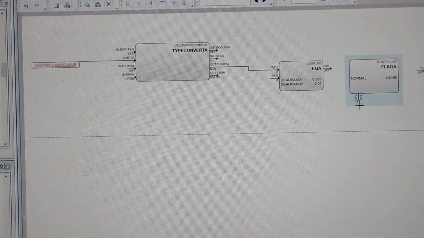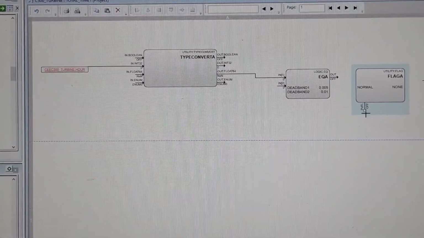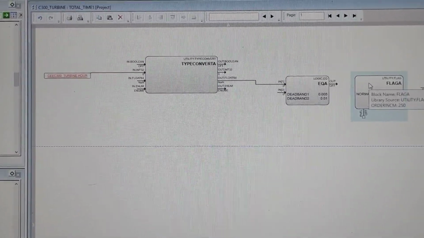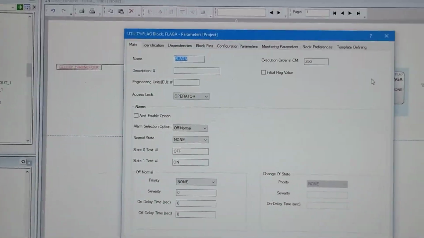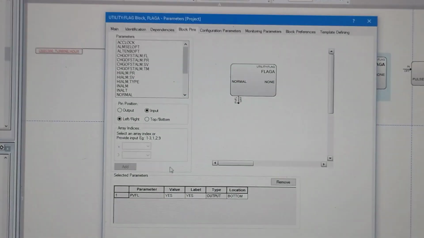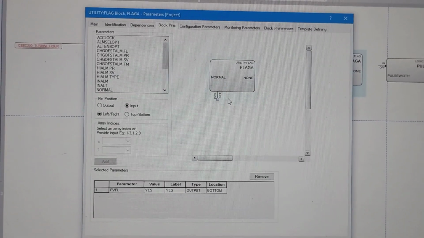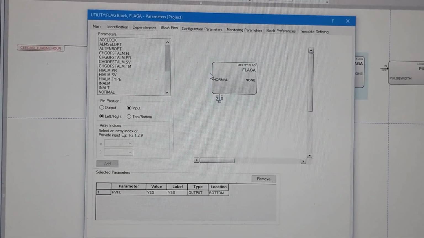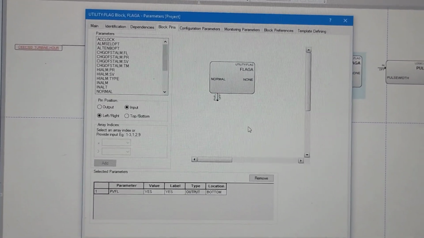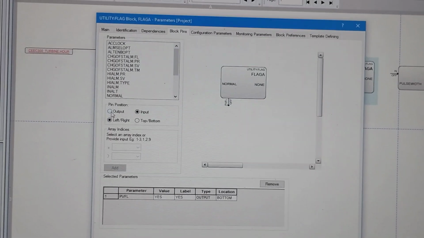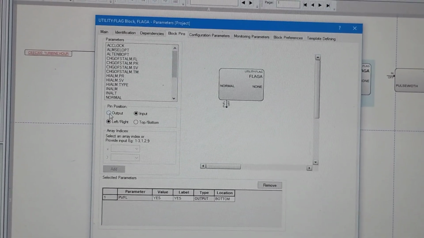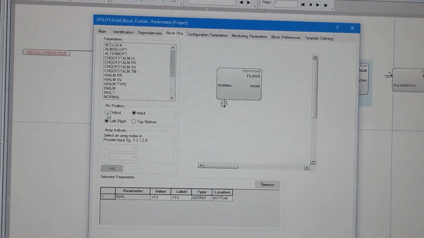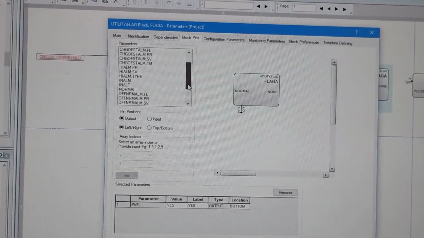You can see this pin connected on the bottom side. We have to change it. Left click on that and go in the pin. Now there is a single pin, and we require one pin as input and another pin as output. Then we will add here output as a PVFL.